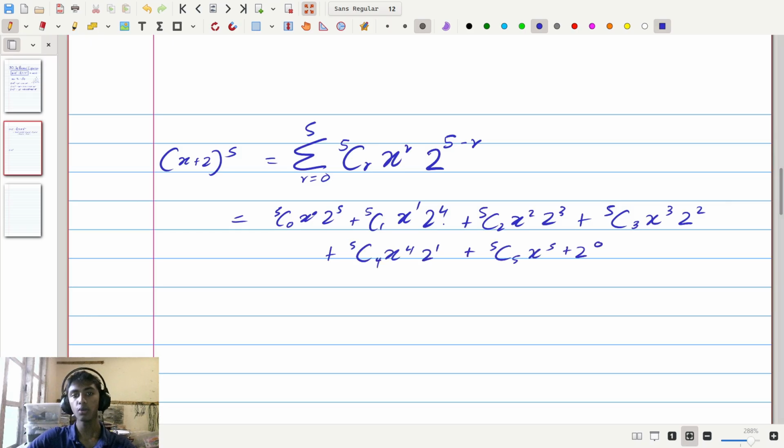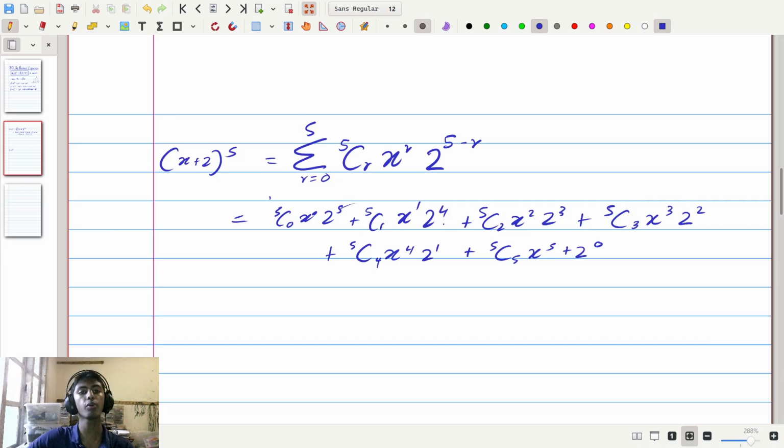And we can see we have written a total of 6 terms. We have n equal to 5, and we've written 6 total terms as expected. If you go from r equals 0 up to 5, you're going to count 6 numbers. Here the next thing we're going to need to do is to evaluate n choose r for each of these